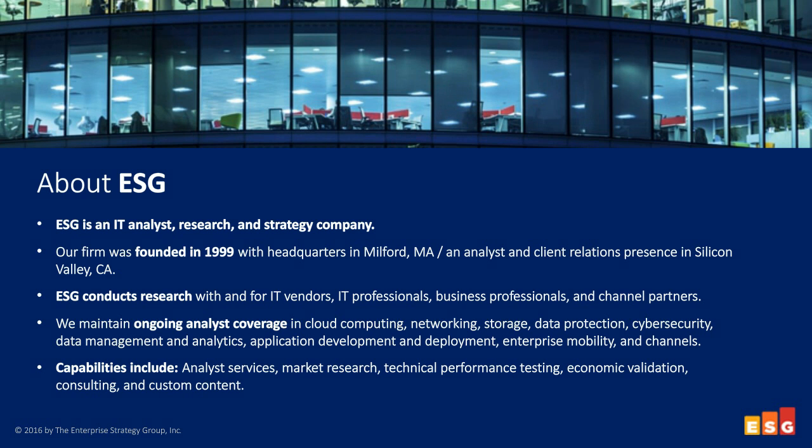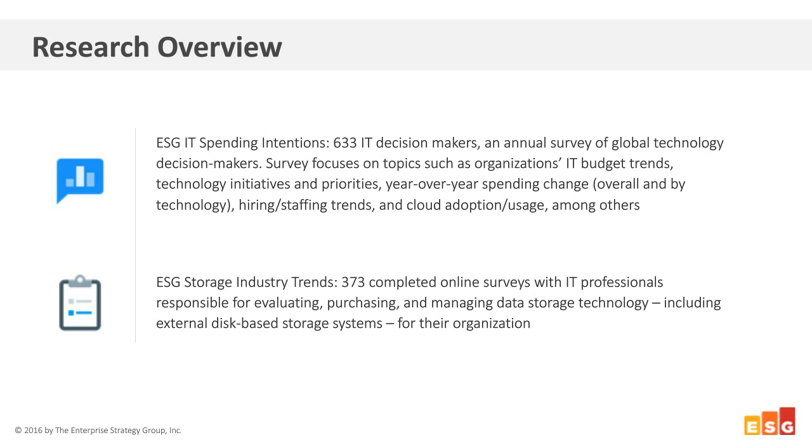Today, I'm going to talk a little bit about some of our research that we've been conducting. And what you'll see in the slides is data points from two specific research studies that we conducted very recently. The first of which is what we call our IT spending intention study. Now, this study is primarily focused on the IT executive team. What are the key challenges and technology trends that we're seeing in that space? The second study that I'm going to reference some data points from is what we call our storage industry trends. Now, this study was specifically focused on a different audience. This one was targeted at storage architects, storage administrators. So what you'll see is essentially two different viewpoints, two different audiences, but a consistency in the challenges that IT